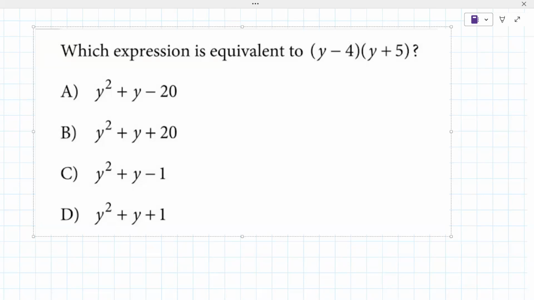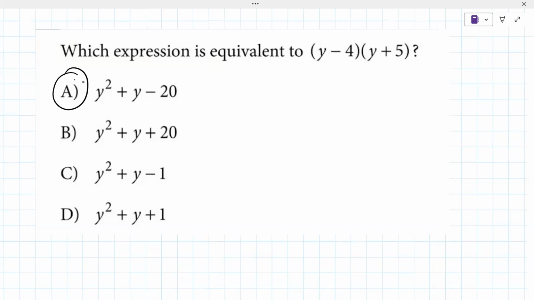Okay, so it would be y squared plus y minus 20. Okay, so which is the correct answer? Oh, it's B. No, no, no, not B. A. Sorry. Yeah, and this you just revealed one of the things that's frustrating about standardized tests: